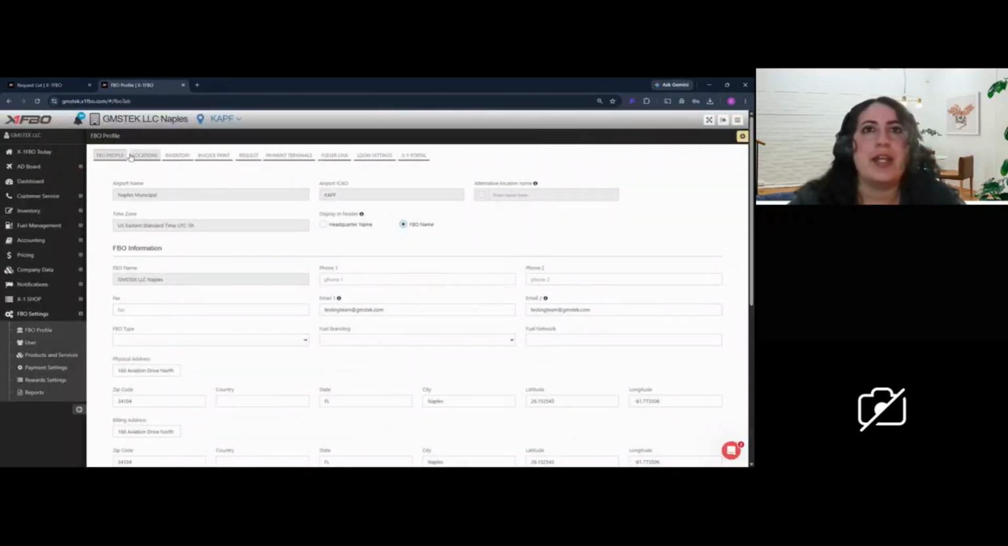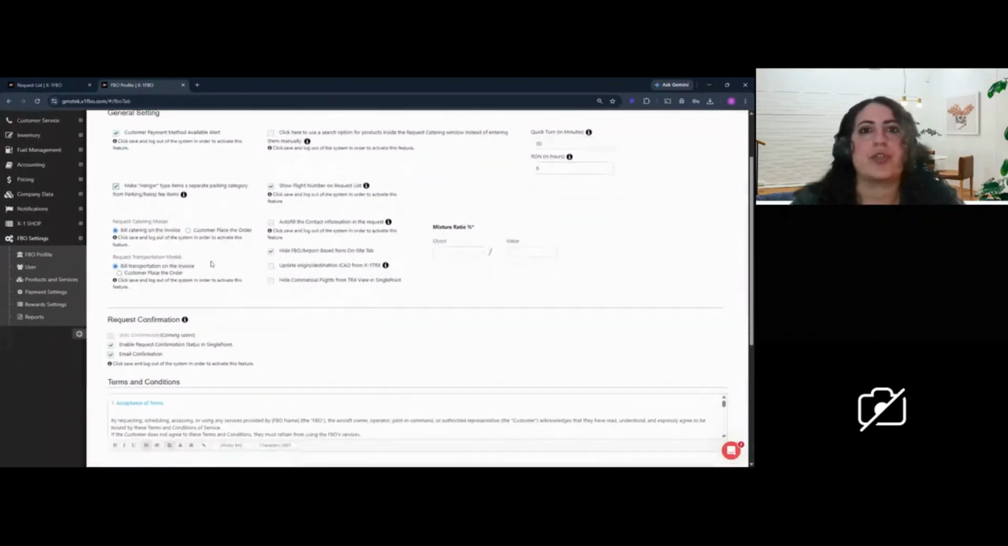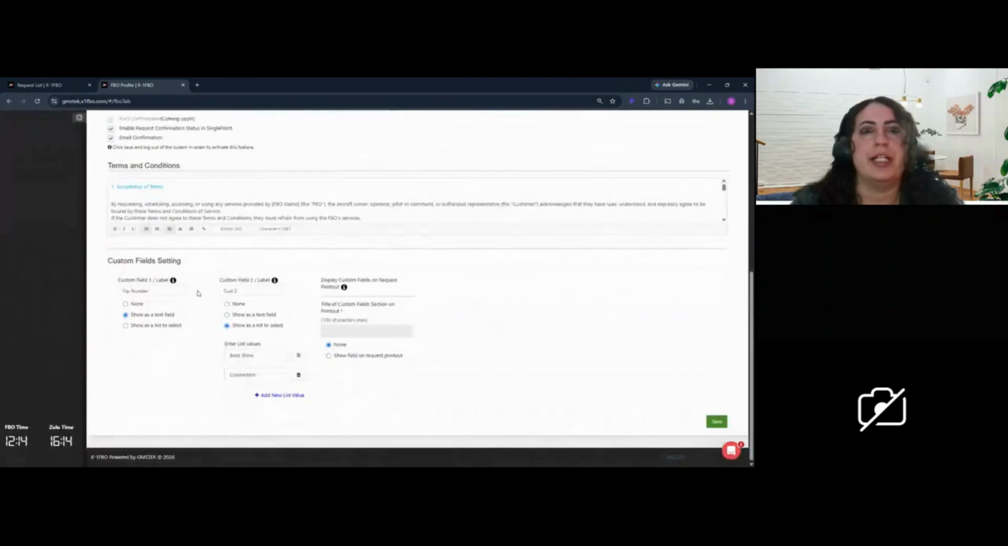Okay, and then you're going to have a couple of tabs up here at the top. If you select the one that says request and you scroll down here to the bottom, you're going to see this section that says custom fields. So you can label it whatever you want. It could be flight department numbers, and you could do it as a text field. So the CSR would have to type in through text,